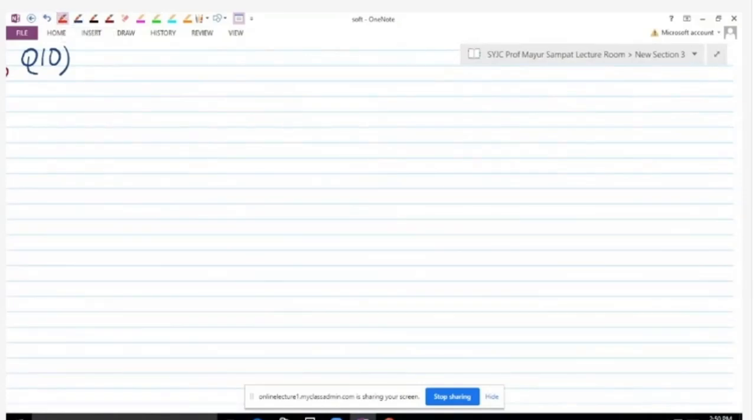So you can write down the demand function is given as D is equal to